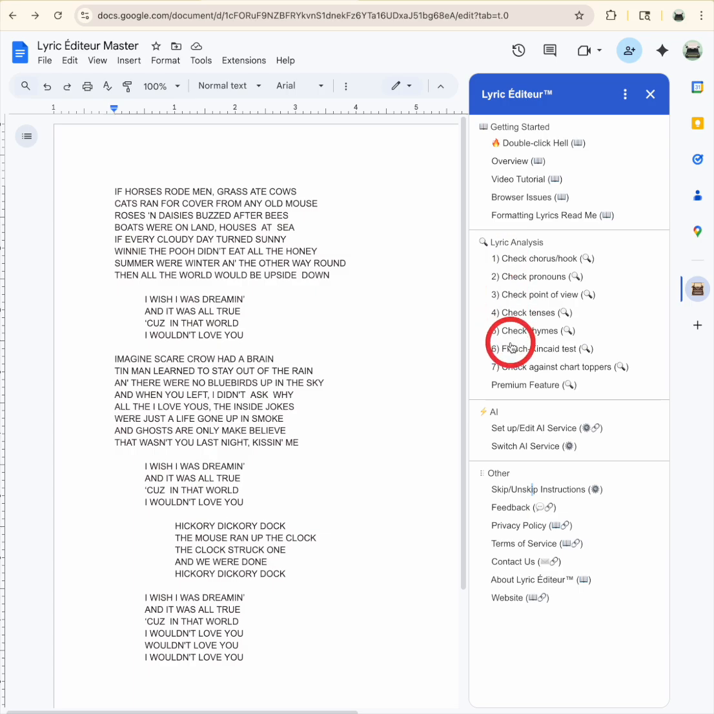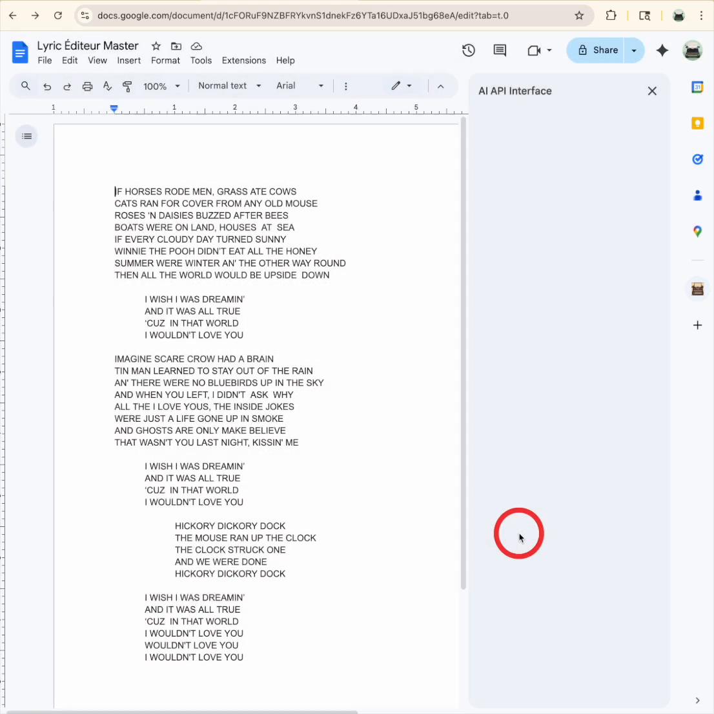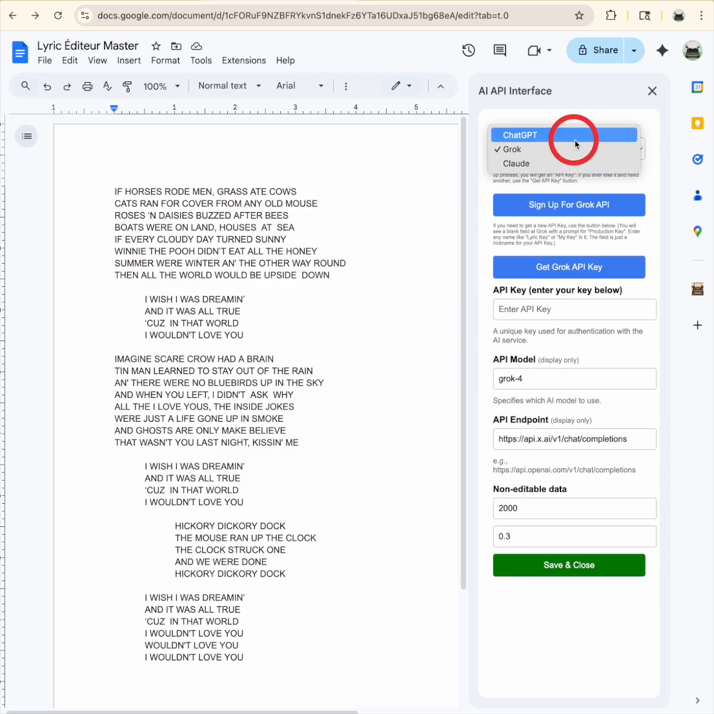So let's talk about AI, because you're going to need to set up AI. So we click on the set up an AI service. You've got instructions here. Click the OK button. Takes you out to the AI API interface. We have the program set up where you can sign up for ChatGPT, Grok, or Claude. It only costs you around $5 at each one of these, and you can